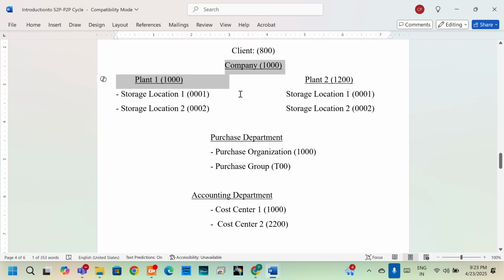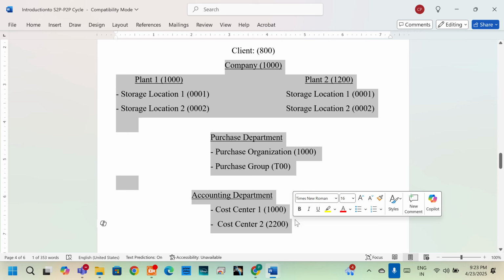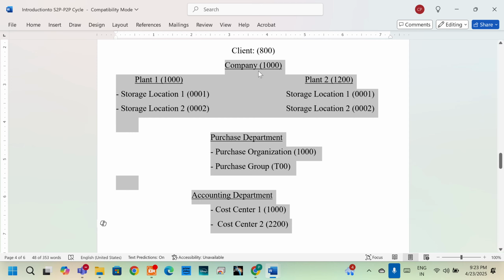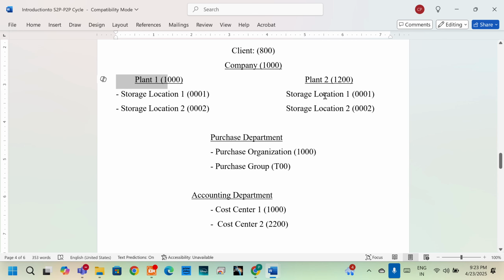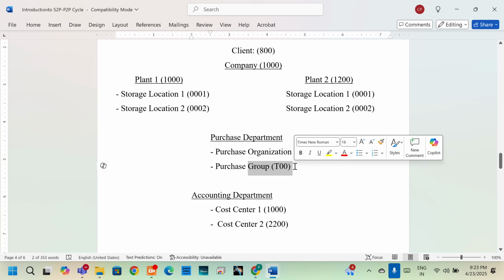And below this, whatever the company structure is, from here onwards you can take a combination of 4-digit alphanumeric code. If you want, you can give a minimum of 3 digits, or a maximum of up to 4-digit alphanumeric codes. So company code we have taken 1000, plant 1000, plant 1200, storage locations 0001, 0002, purchase organization 1000, purchase group